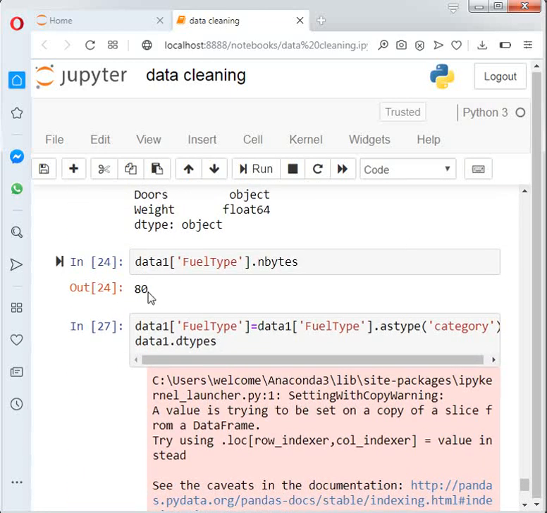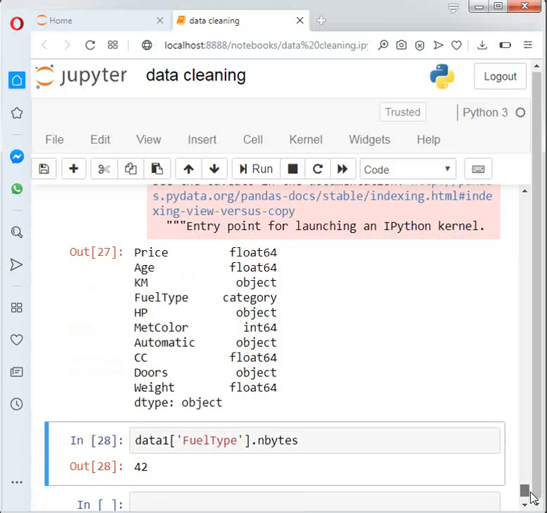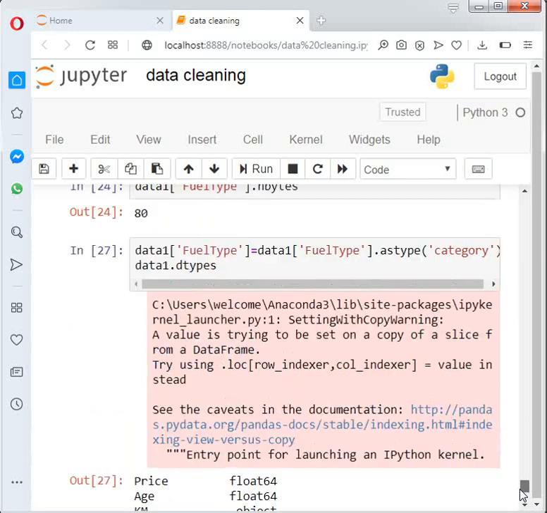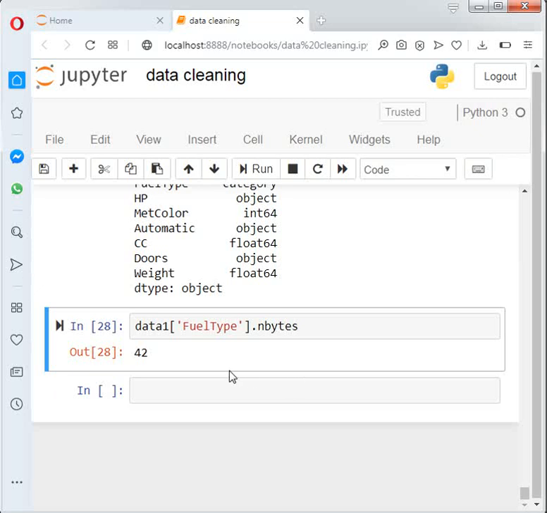So almost half of the memory is reduced by using category type. This is the major difference between the object and category types.